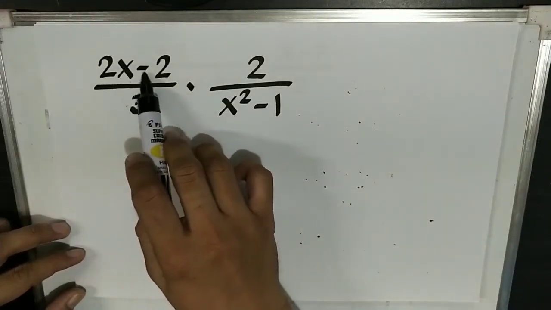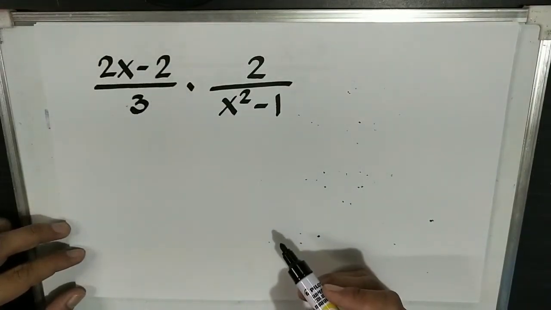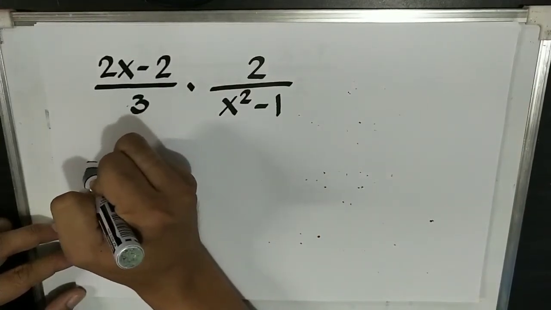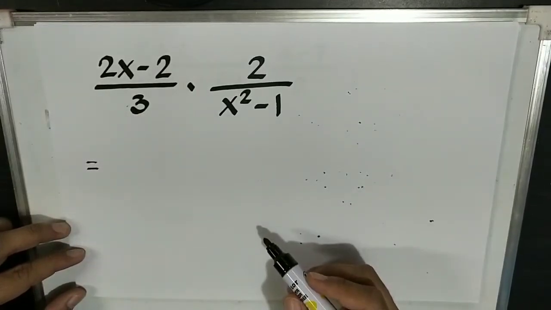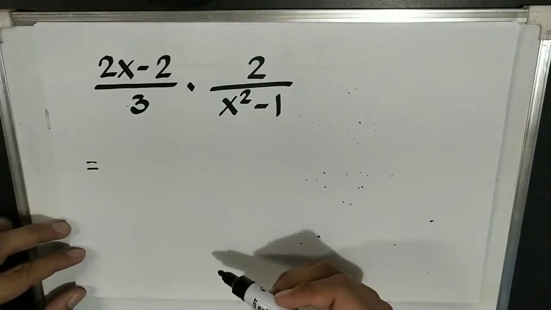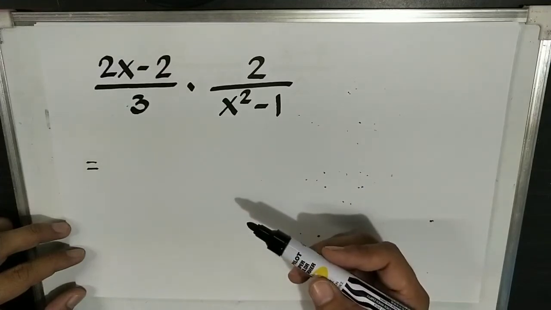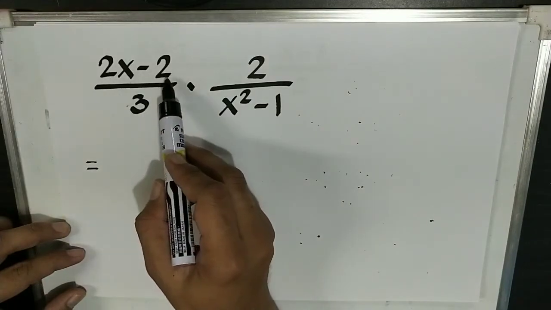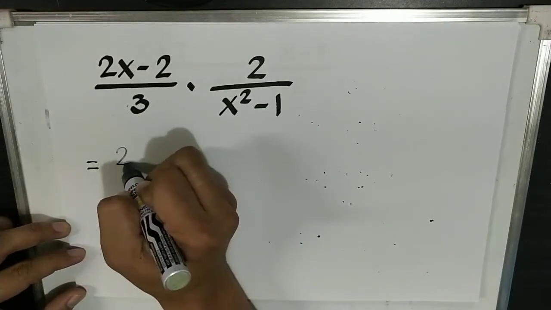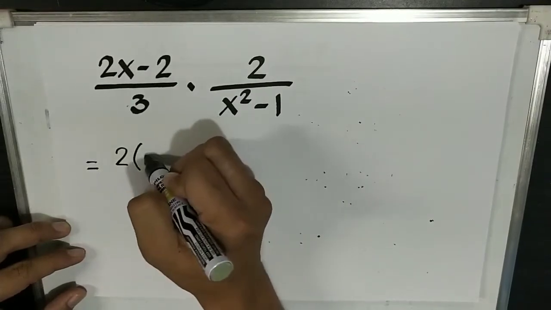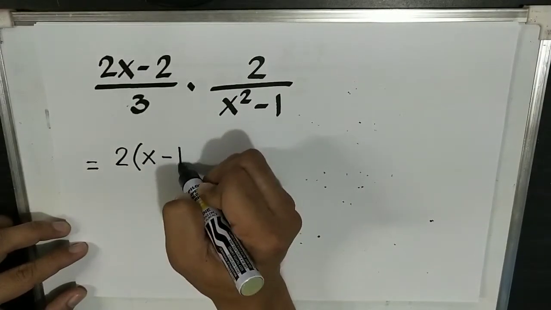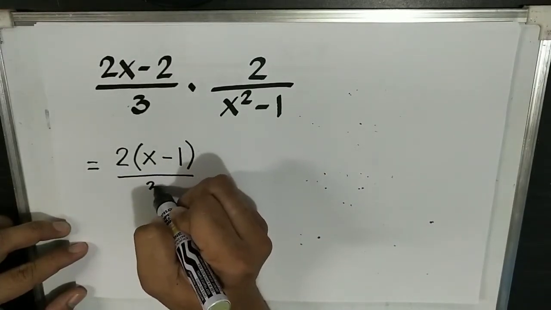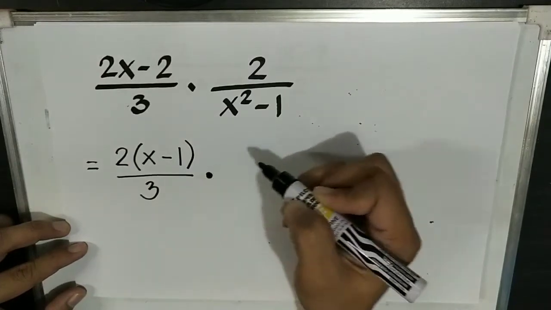Okay, with this 2x minus 2, as you can see, we can factor this out by the greatest common factor. You can check my video regarding factoring polynomials using the greatest common monomial factor. So the common monomial factor of 2x and negative 2 is 2. Then the other factor is x minus 1. Next, 3. Same with our